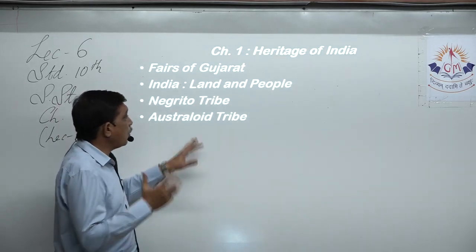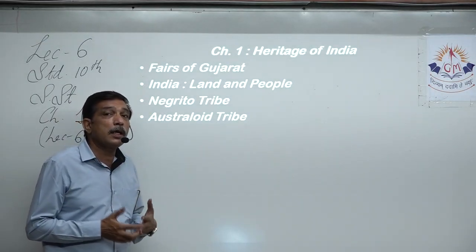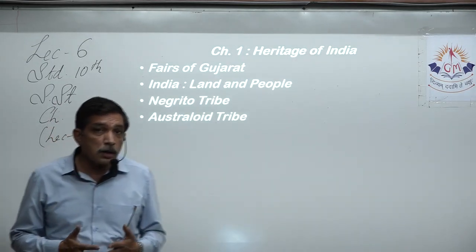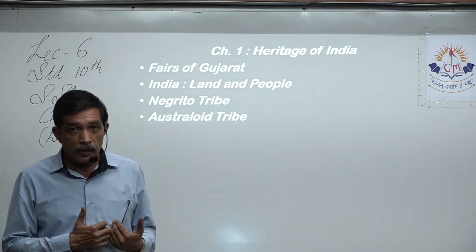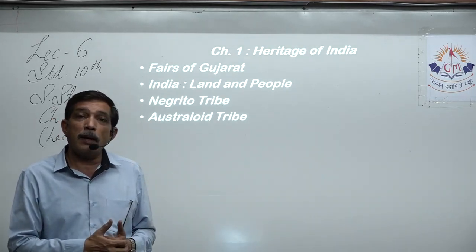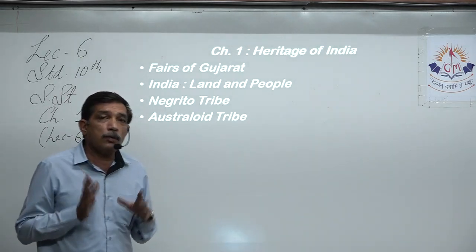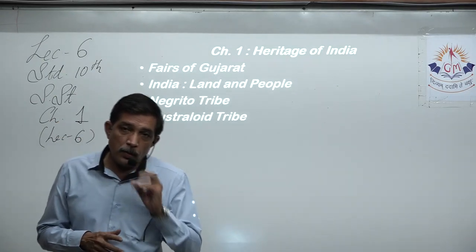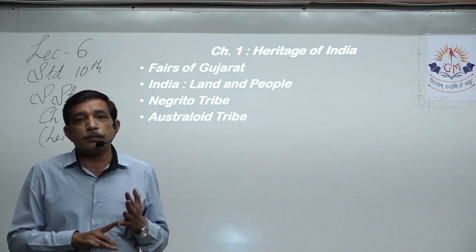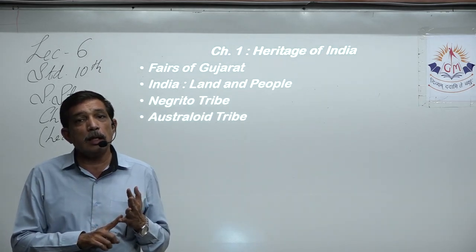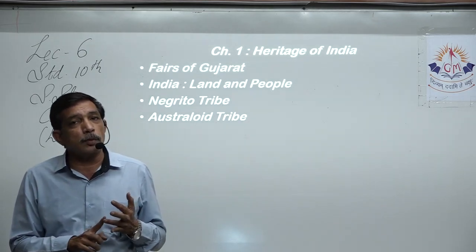And then some contribution, because when they came, they were already using clay utensils, they were wearing cotton cloth, right? So these are the things that they brought, the knowledge they brought to India and gave to the people of India, right? So this is their contribution to India. So whenever we are describing any tribe, we got to give four answers. The first is their origin, second is the route that they took to enter India, third is their physical features, and fourth is their contribution to India.